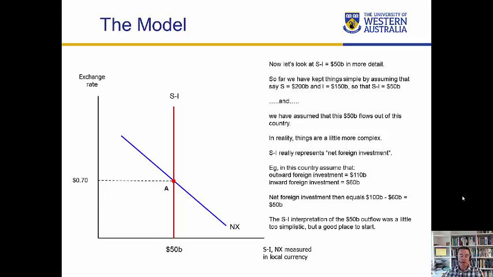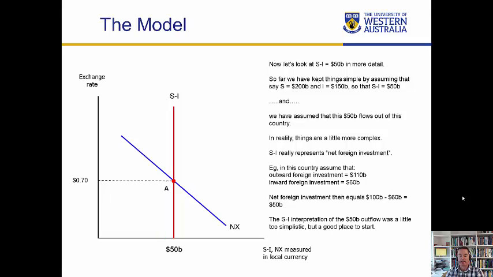The problem with that is that it makes it sound like this country will have $50 billion of outward foreign investment but no inward foreign investment. It makes it sound like no foreign country is investing in this country, which is just not going to be the case